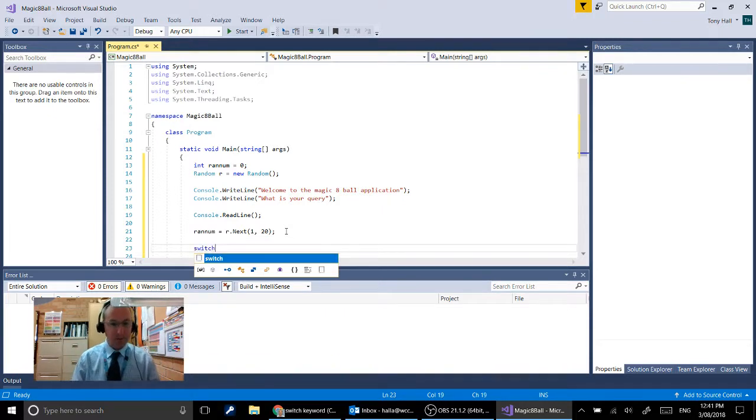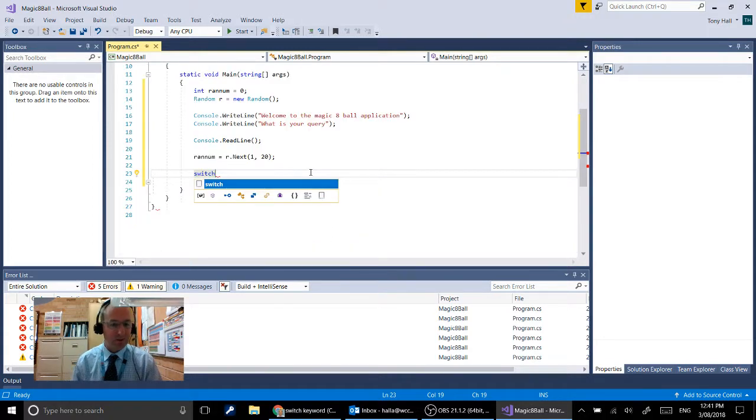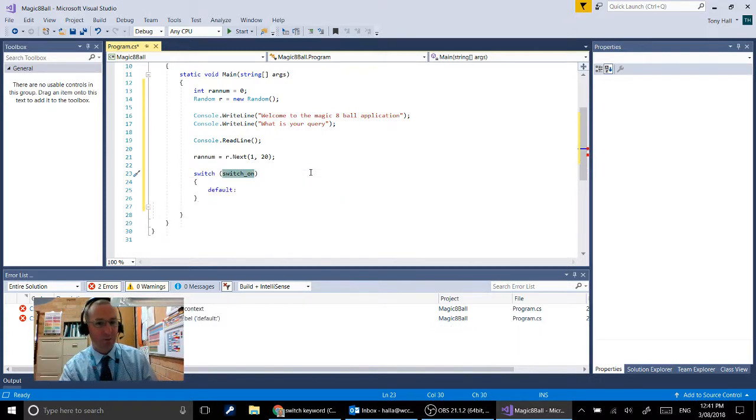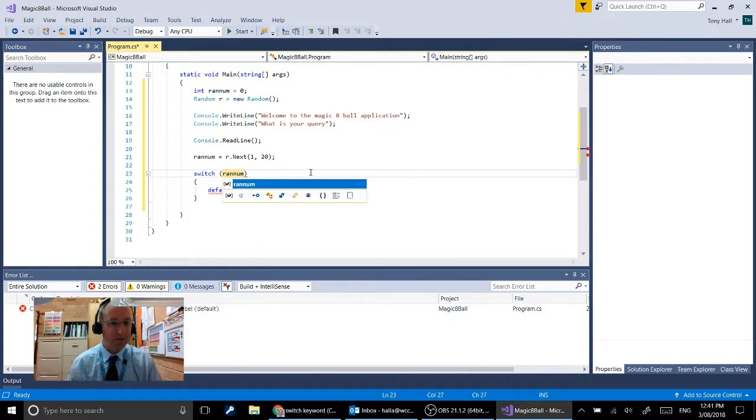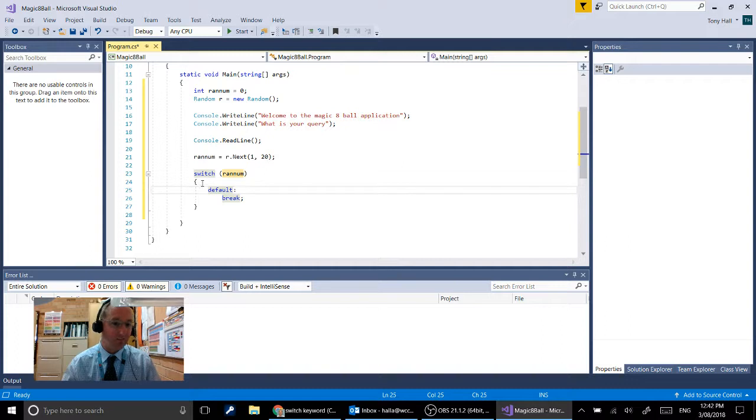Now we can set up our switch command. Remember that Visual Studio always gives you plenty of help. So if you start writing switch and then you're unsure of the structure, you just write switch, then press tab twice, and you'll see it creates the structure for you. And the thing we're going to test is the random number, just like that. You can see here's our default case, so this is the thing we want to happen if no other case comes in. But we're going to have case number 1, put a colon, and in the case of case number 1, we want to write to the console